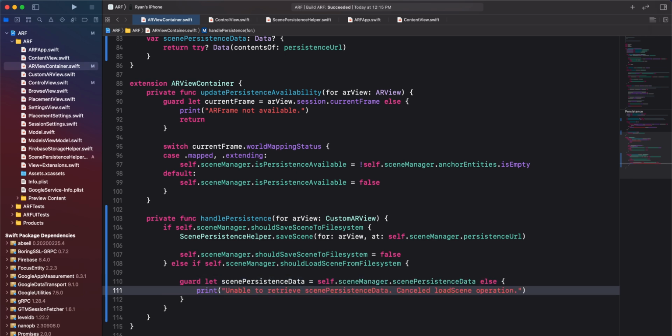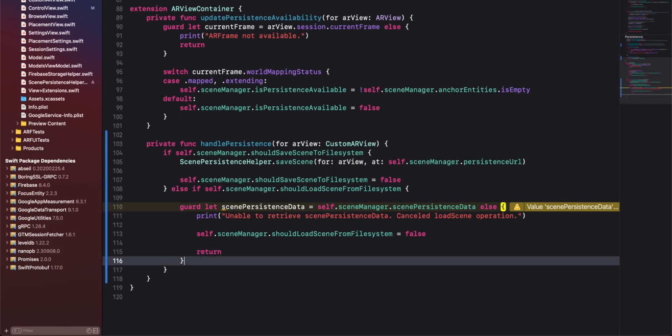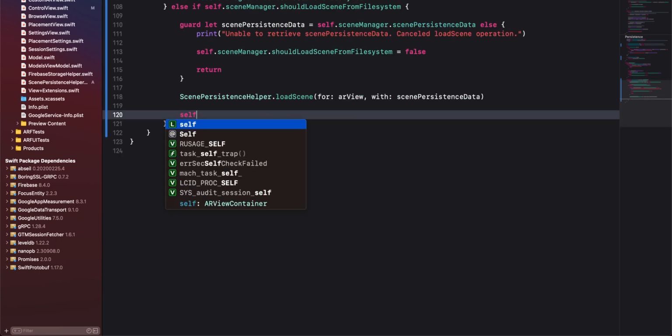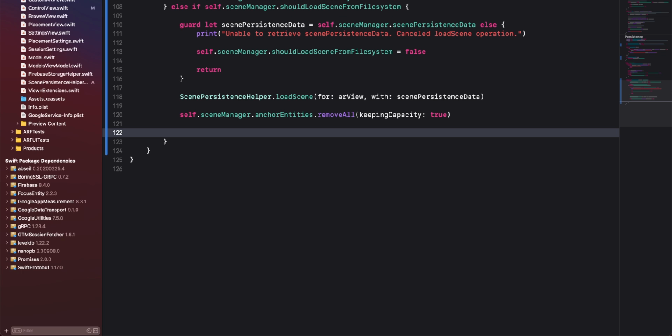Add a print statement if for some reason the persistence data is nil. Once we have our persistence data, we'll call the loadScene type method and pass along the ARView and persistence data. Because we are essentially resetting the scene when we load a scene from file, we should clear our anchor entities array in the SceneManager. And finally, similar to our previous if statement, reset the shouldLoadSceneFromFilesystem property to